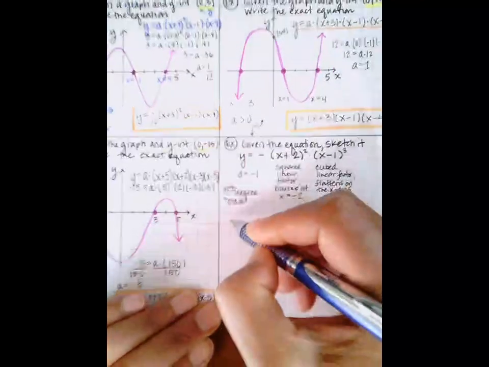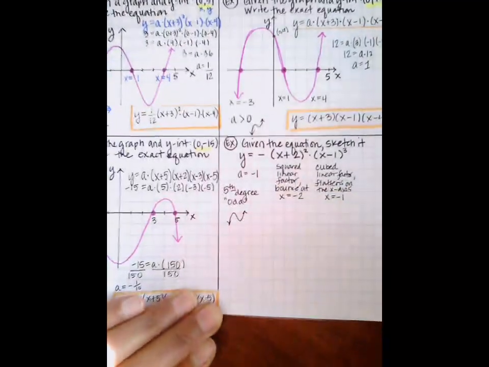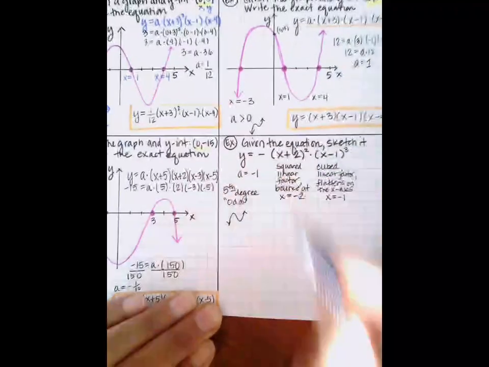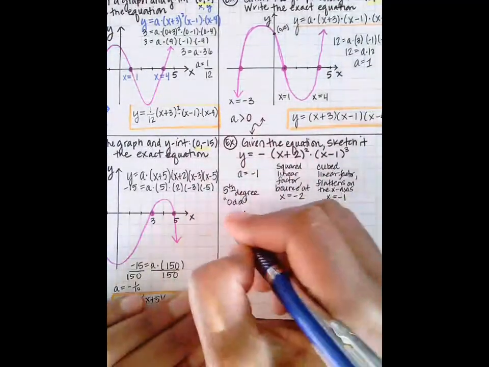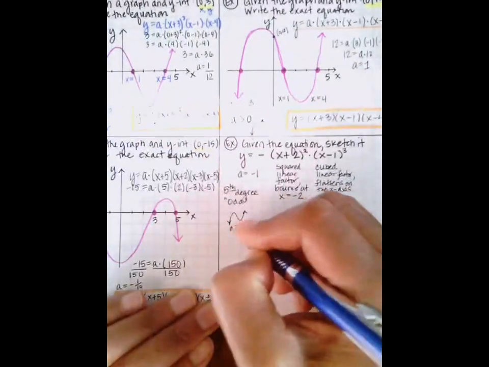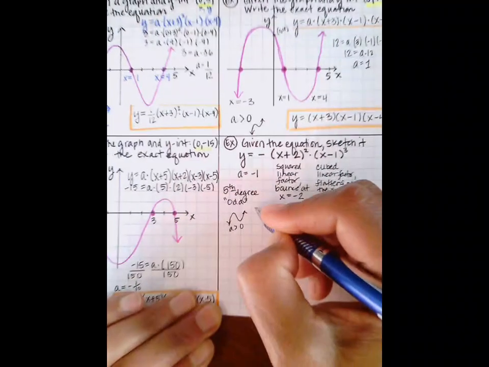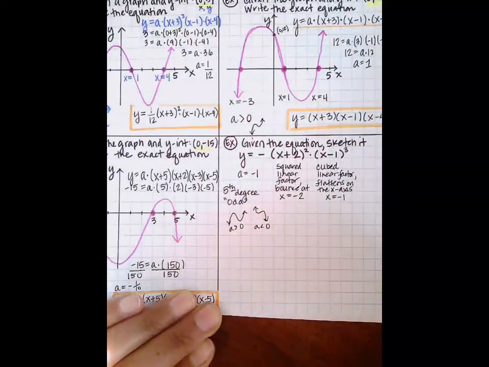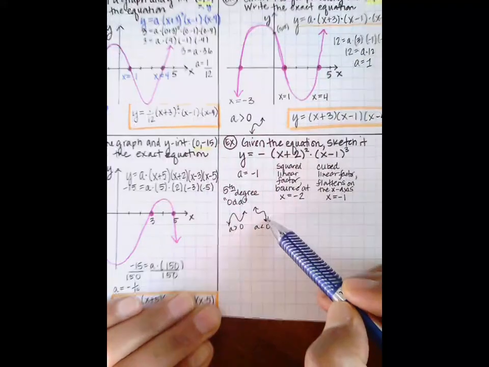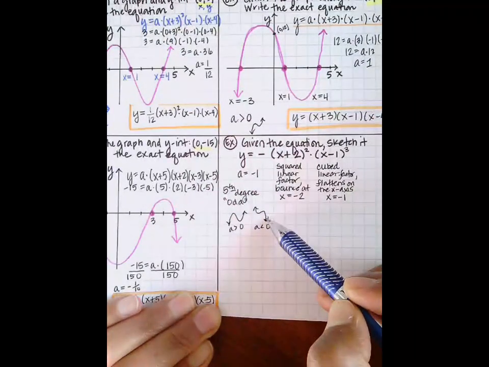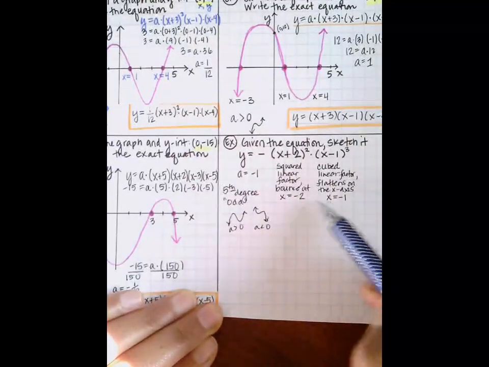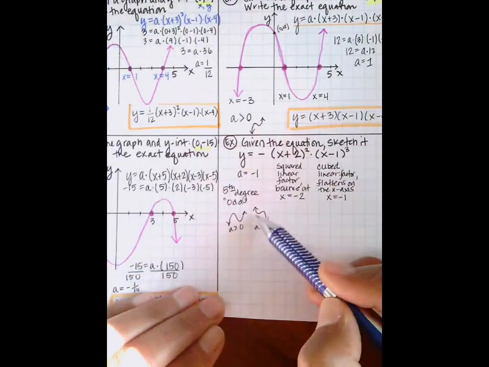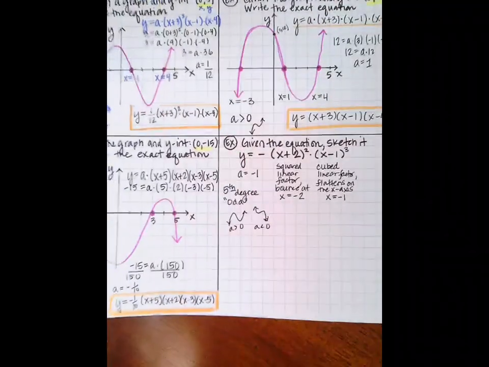And so thinking about it, remember, it will start and end in different directions, right? But because of the fact that that is a negative 1, it will not look like this, because this is for a greater than 0. So this should look like this, right? When a is less than 0, because again, it will start and end in different directions. I can work with my x-intercepts to figure out exactly how many humps are there on this particular